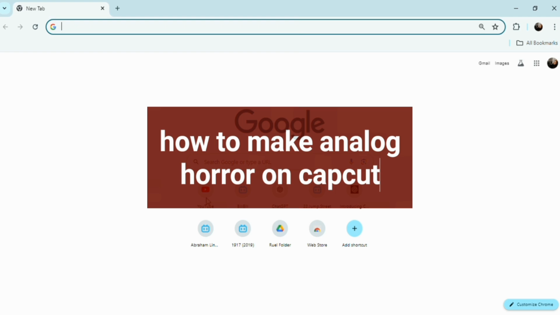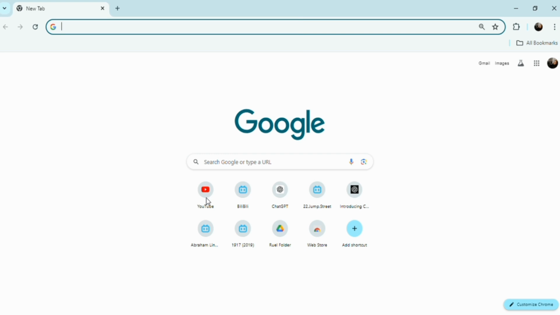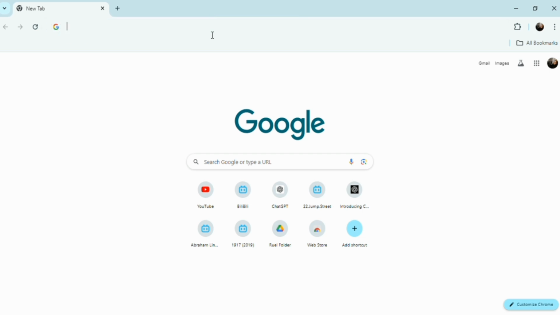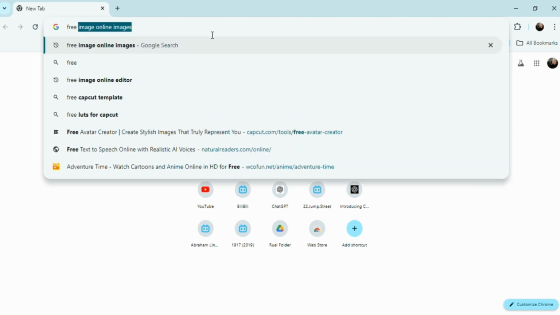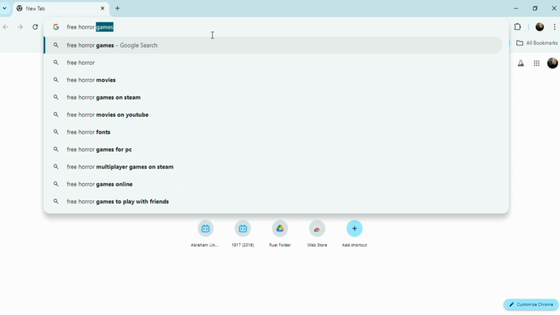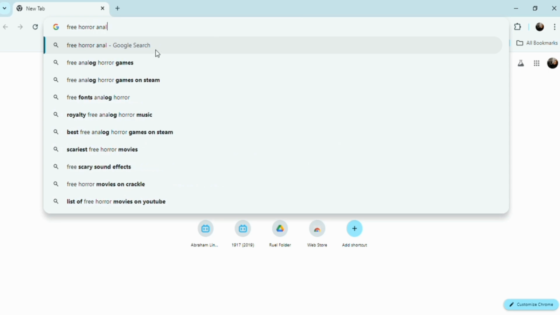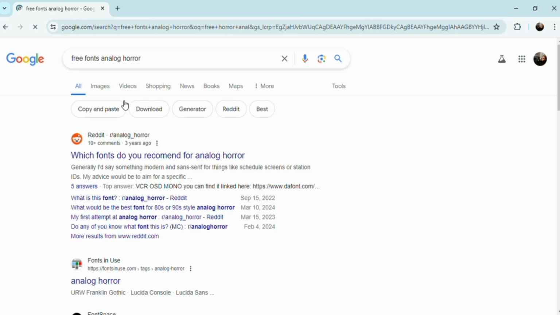So, how do you make horror analog on CapCut? Well, it's really easy to do the editing. So once you get that skill honed up, you're just going to search up some analogs online. There's a bunch of free analogs, horror analogs, or you could actually ask AI to generate you an analog,